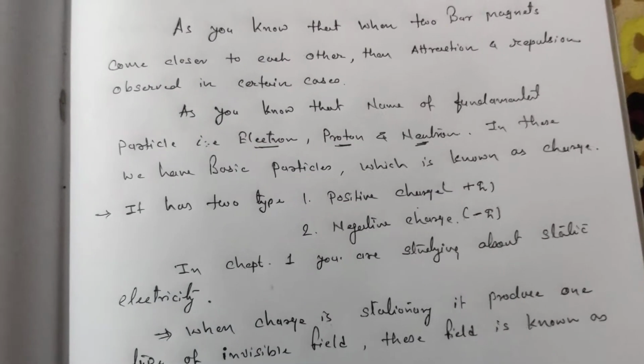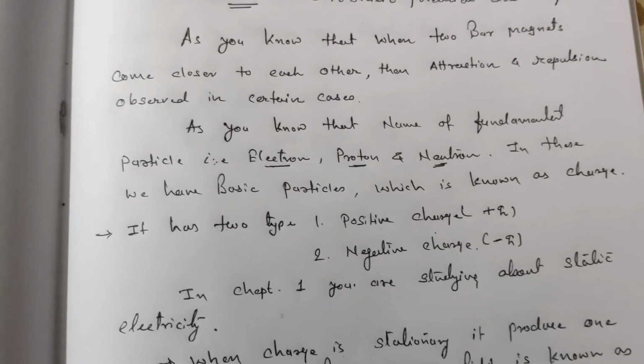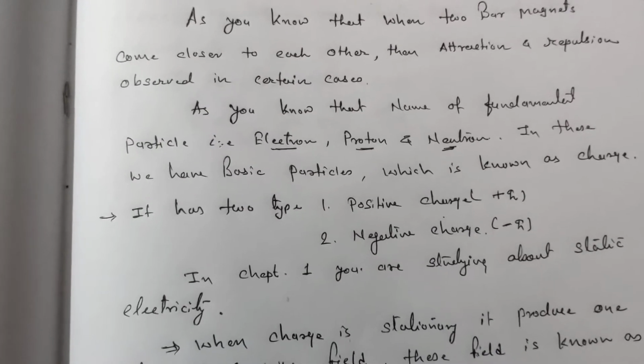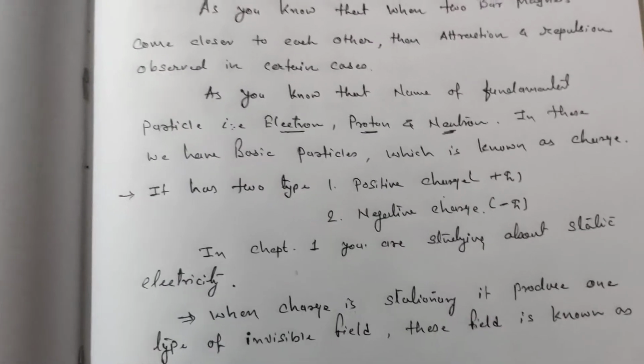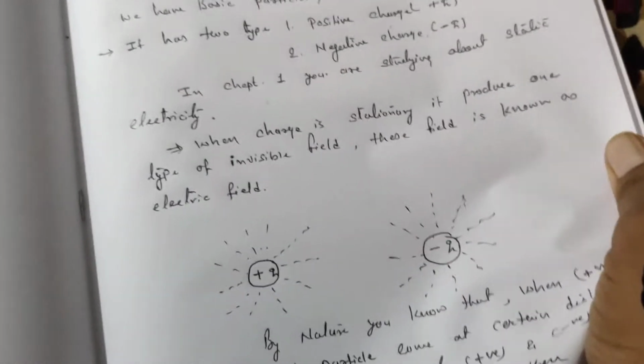Okay, one more question I asked regarding bar magnets. When two bar magnets come closer to each other, then attraction and repulsion are observed. That you nicely answered me. Okay, chalo. Now we are moving towards one more basic. See,